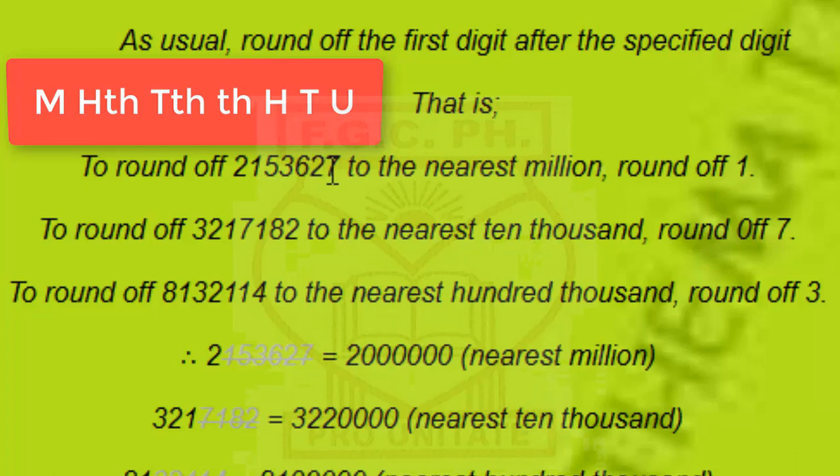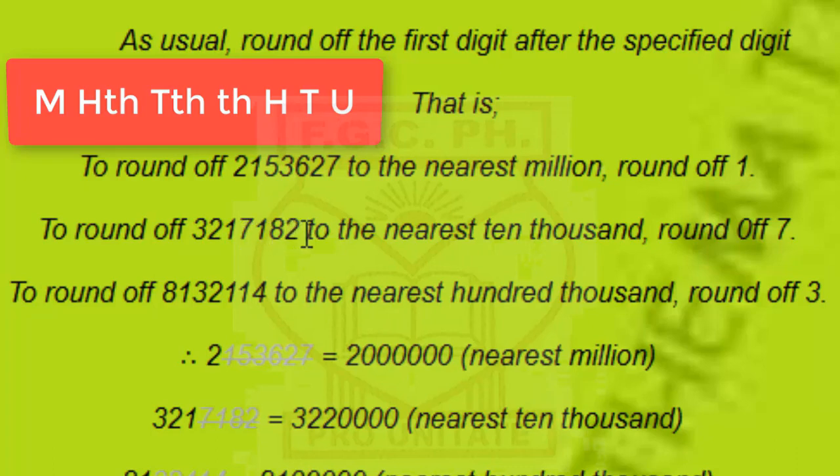2,153,627 to the nearest million, we need to locate the million digit. The million digit here is 2, so we got to round off 1. If we round off 1, we'll be doing just the right thing. And right down here you see 1 being rounded off, and then from 1 and all the digits to its right become zeros, so you have 2 million to the nearest million. Same goes for this. This is